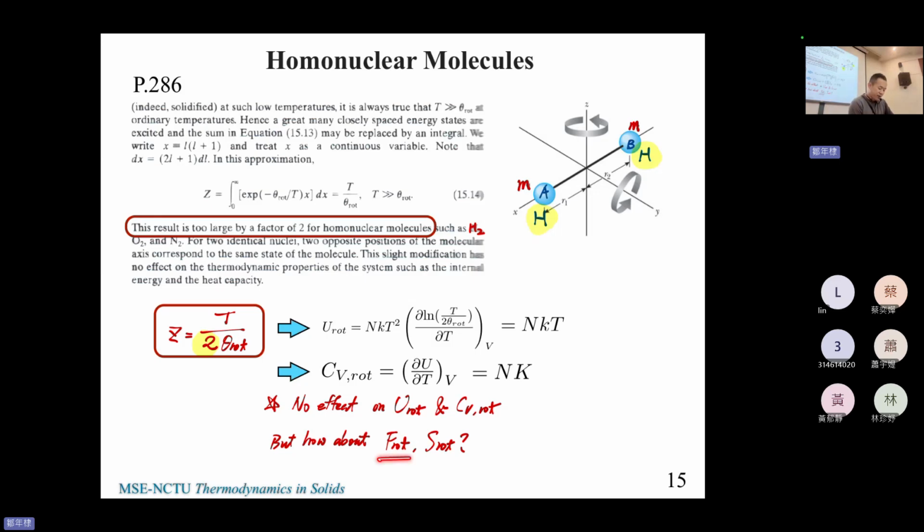to determine F and S rotation. All right, they will change. Okay, don't trust the textbook too much. All right, so now